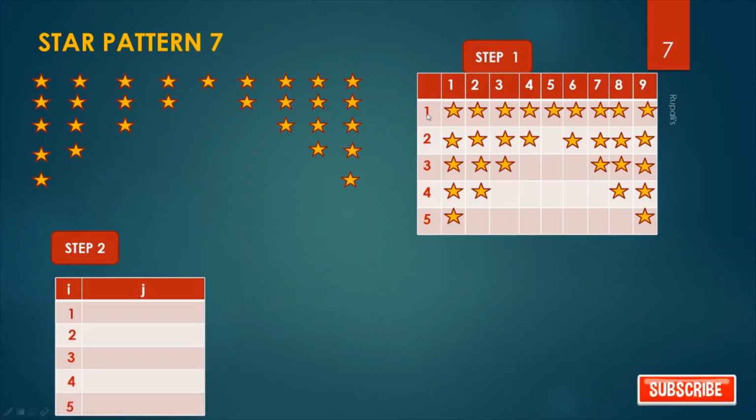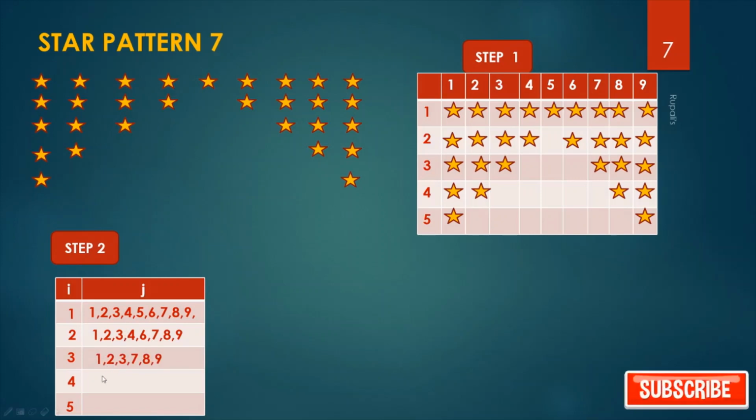For first row it is 1 to 9. For second except 5 it is 1, 2, 3, 4, 5 is missing, then 6, 7, 8, 9. Here it is 1, 2, 3, then 7, 8, 9. In this way you have to write remaining rows. Now step 3.